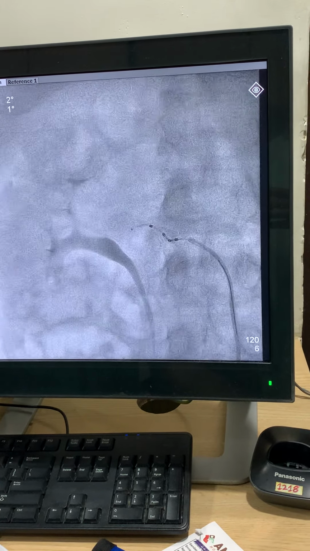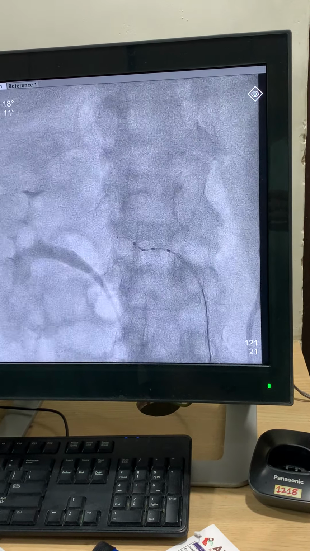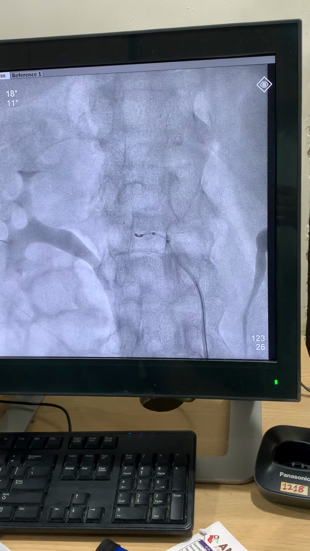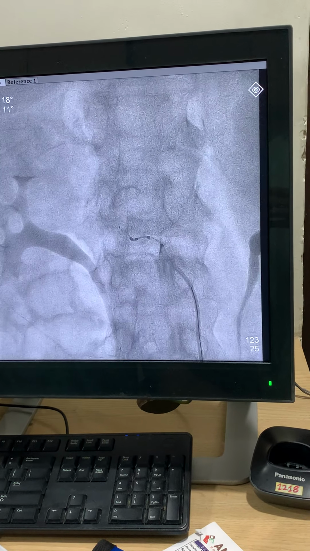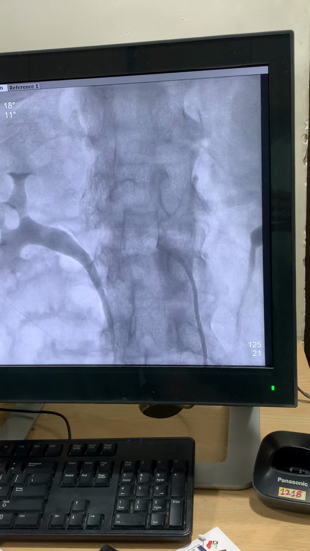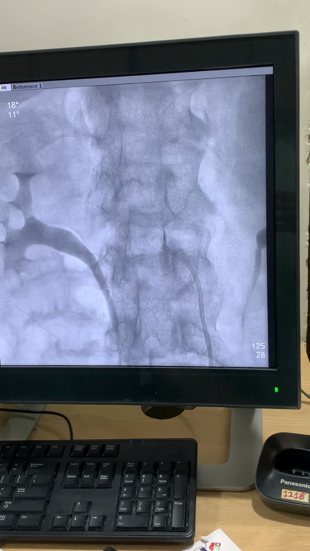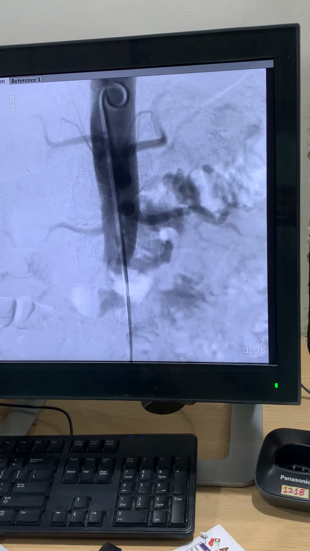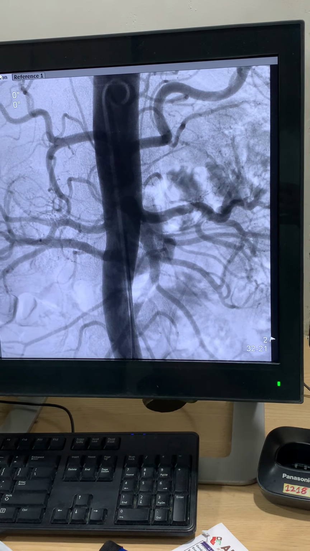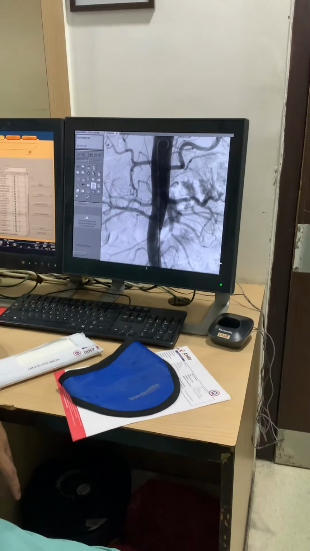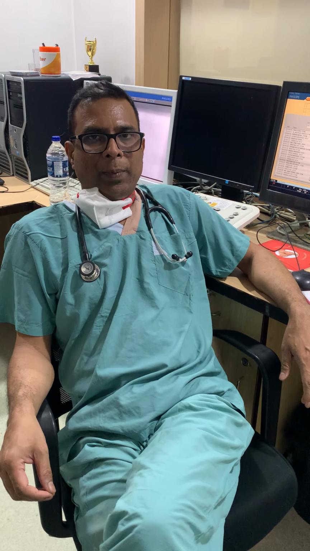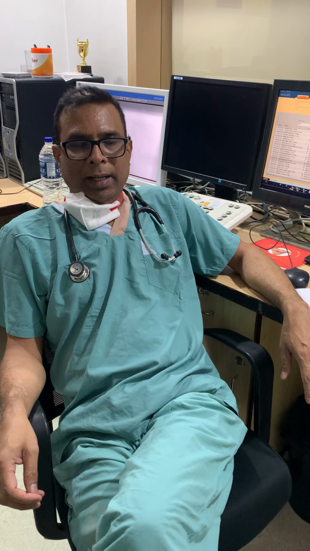So in the upper one, we took different views like caudal view. Then we came to the origin of the anomalous artery, and the same procedure was repeated, and unfortunately we could not have the final angiogram. The sheath was taken out, and the patient is fine on the table. His pressure was 160/80 to start with. We have stopped all the antihypertensives, and today it is almost the 3rd day.